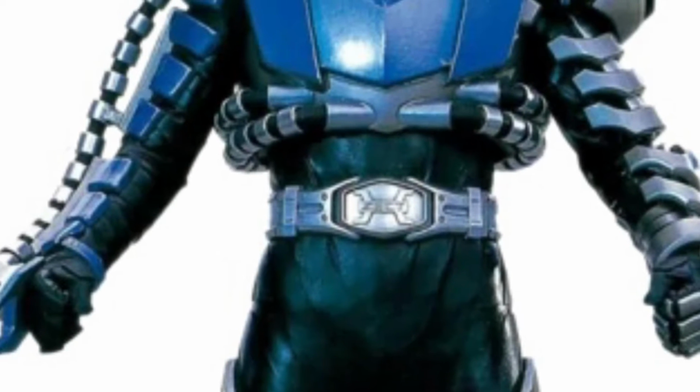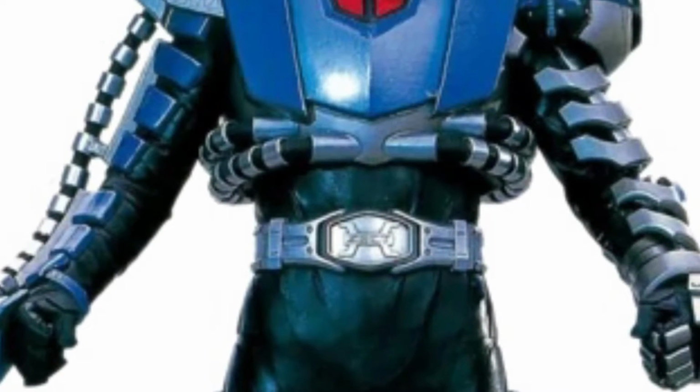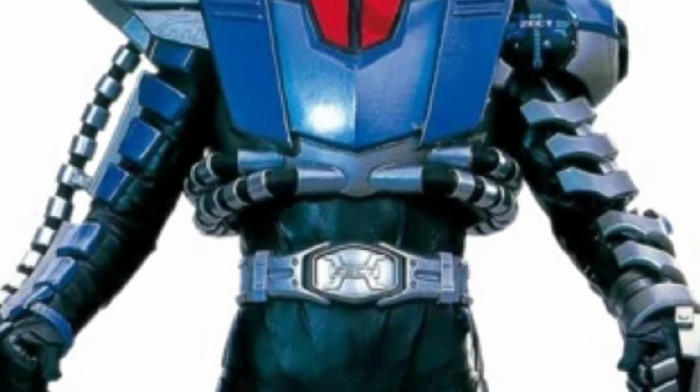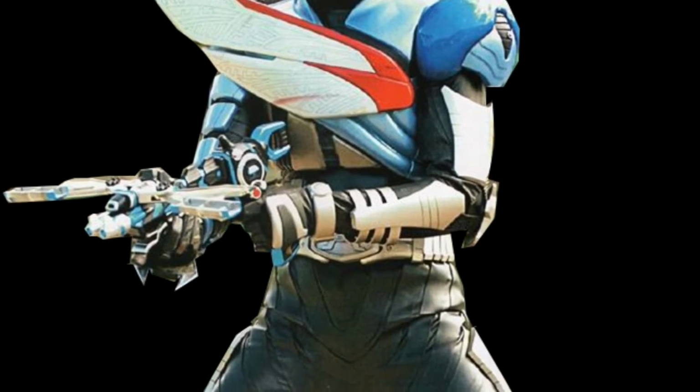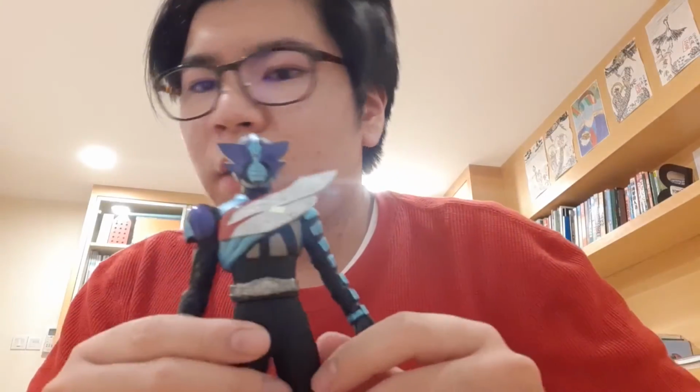Number 7. Kamen Rider Drake from Kamen Rider Kabuto, both Cast On and Cast Off form. Coming in at number 7, Drake. Now, what I like about Drake is that, honestly, I'll just tell you an honest story. When I watched Kamen Rider Kabuto for the first time, Drake's Cast Off form reminded me so much of Wing